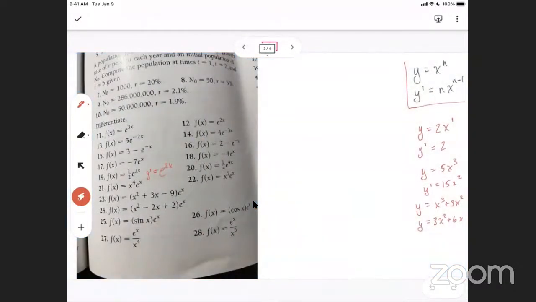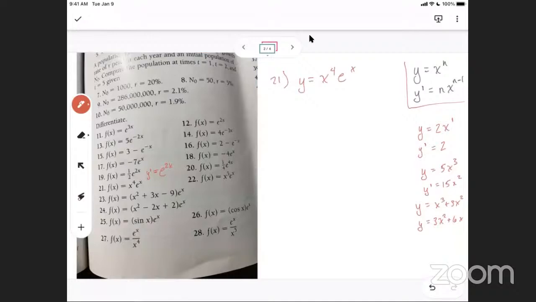But let's go back to your problem now, and let's take a look at what you have on number 21. So do you understand why I had to teach you the product rule for number 21? Yes, because you're going to apply it. Yeah, because you have a product, right? Your function is x to the 4th times e to the x. So it's a product of 2 functions, right?